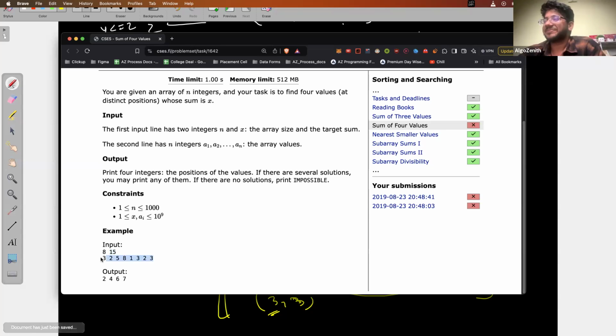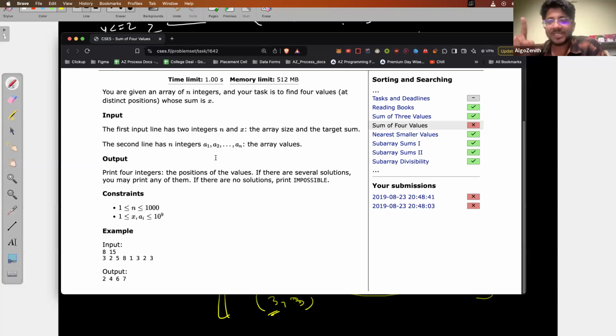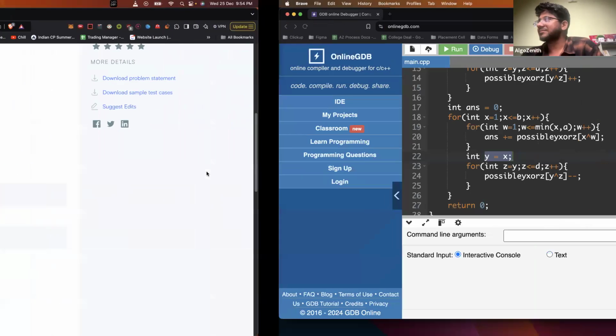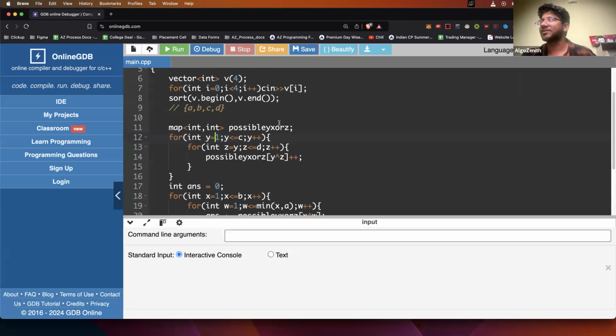ओके, इसमें इंडेक्स प्रिंट करना है। ठीक है, यू हैव टू प्रिंट इंडेक्सेस, बट हमें अभी सपोज काउंट करना है हाउ मेनी क्वाड्रुपलेट्स आर, हाउ मेनी 4 इंडेक्सेस आर देयर हुज सम इज इक्वल टू 15। ठीक है, से हमें ये करना है n इक्वल टू x, फाइंड नंबर ऑफ इंडेक्सेस हुज सम इज इक्वल टू 14। तो कैसे करेंगे? सेम आइडिया, 4 डिस्टिंक्ट इंडेक्स चाहिए। ये y और z ये सब चीज इंडेक्सेस हो जाएंगी और कुछ नहीं।